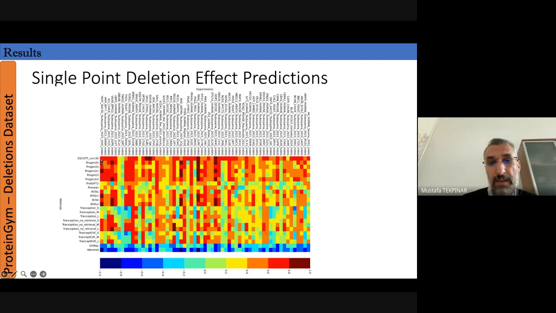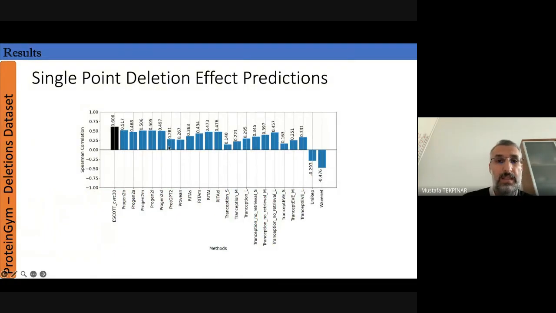What if we take the average of them for each row and then put it into a bar plot? When we do this, ESCOTT performance is 0.606, and it is the best compared to the other available methods in the literature. We wondered